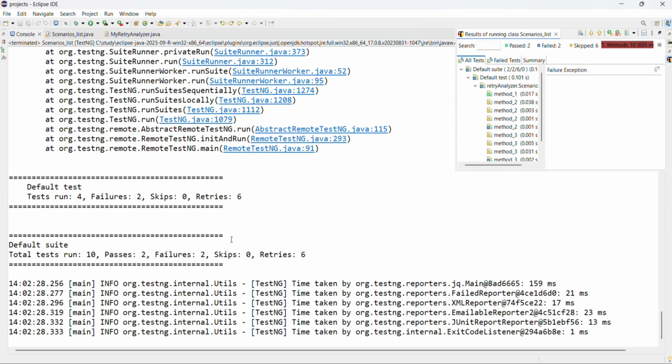Here you can see 2 got passed, methods 1 and 4, 2 got failed, and retry is 6. Method 2 got retried 3 times, and method 3 got retried 3 times. In that manner we can achieve it.